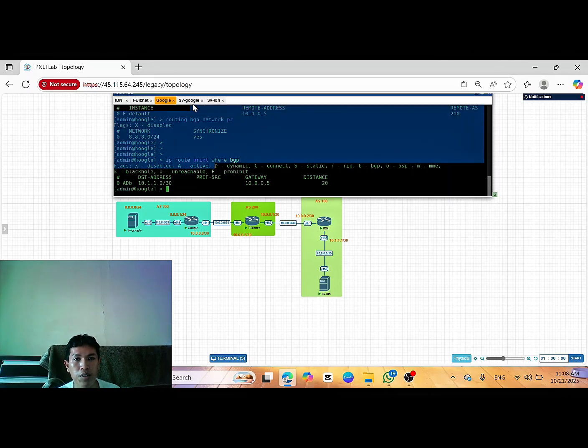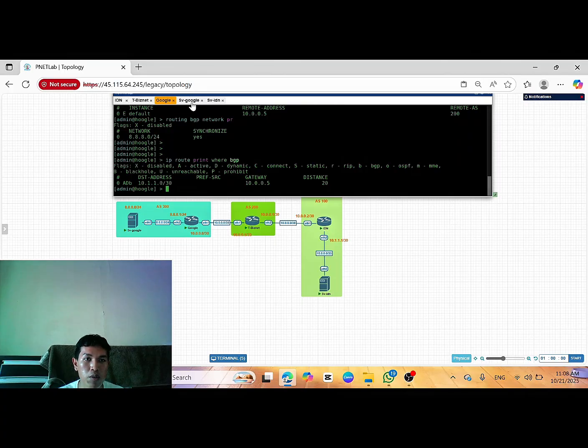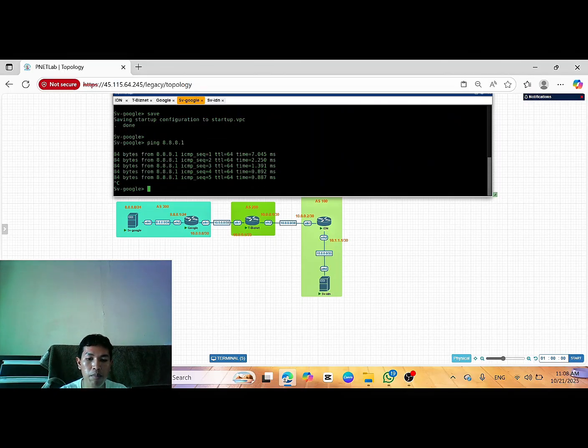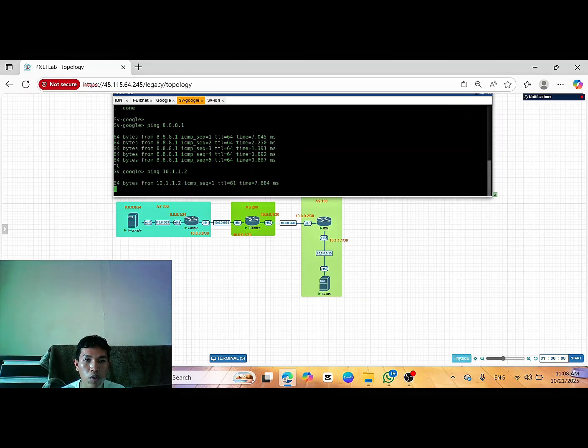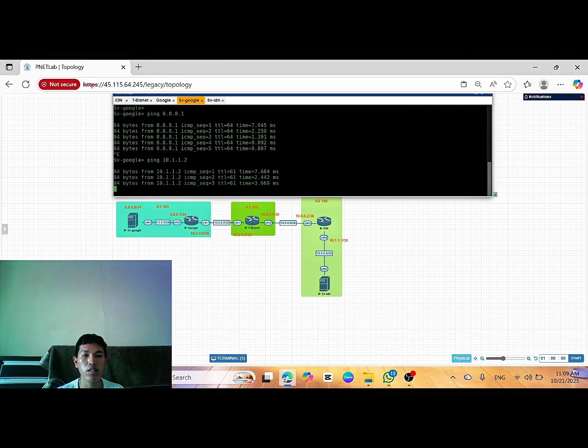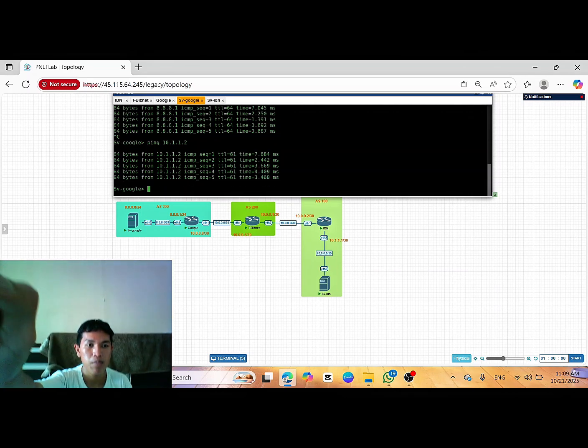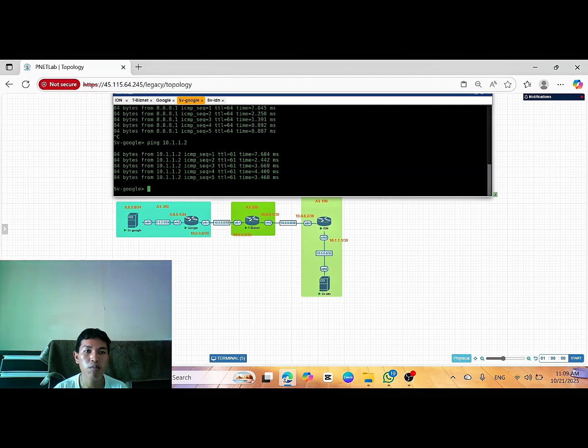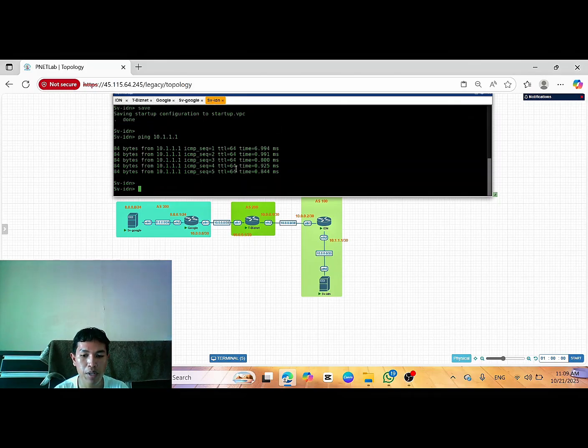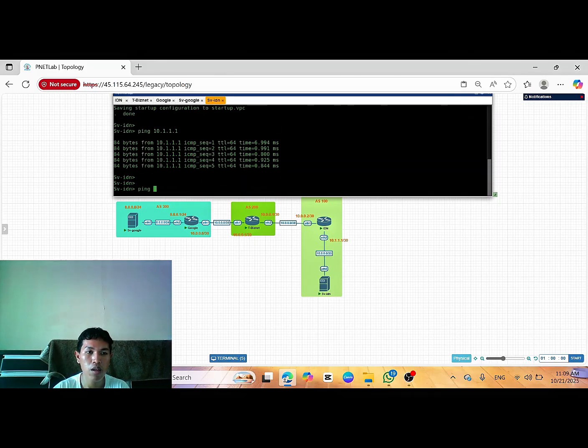And for verification, you can ping from server to server. From Google, ping 10.1.1.2, enter. You can see this has already succeeded, and from the server you can ping 8.8.8.8, enter.